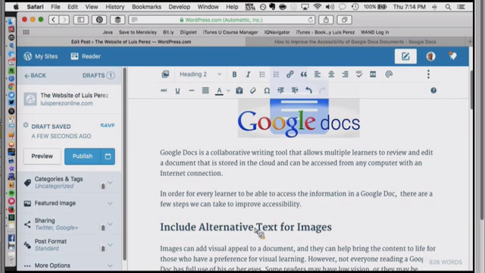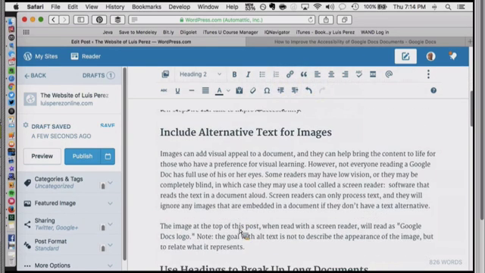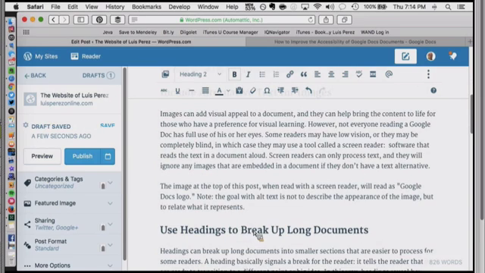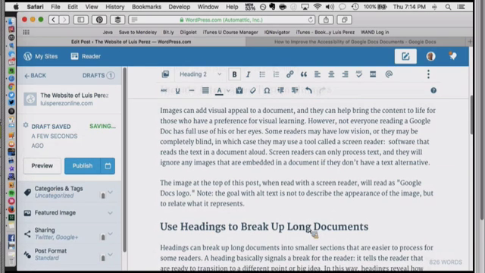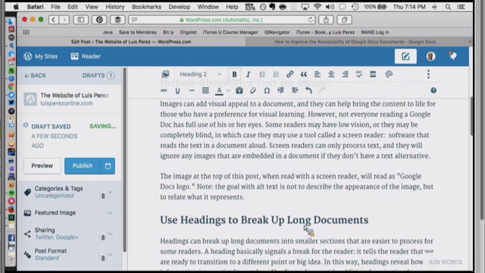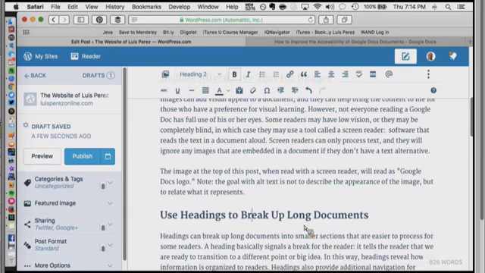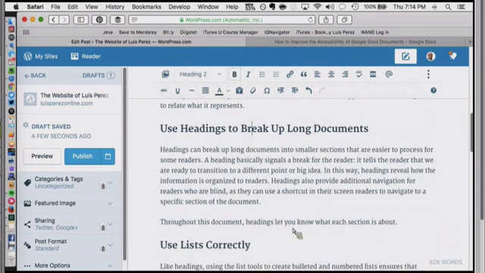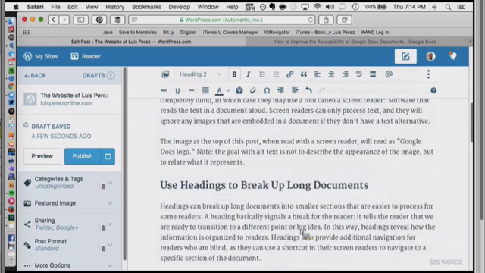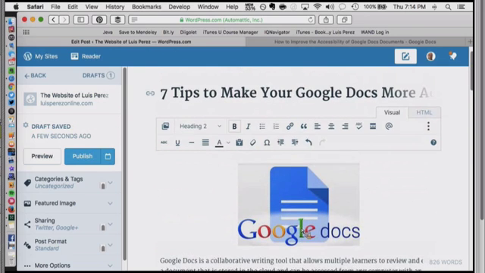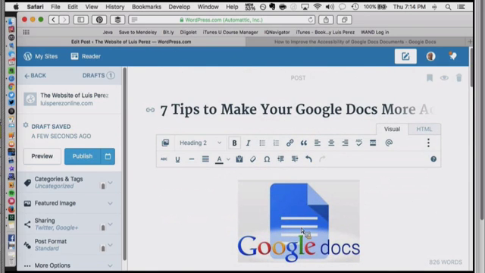Now this is a proper heading. And as I go down the page, you'll see each time that I select one of these headings, if I go to my style menu, I can confirm that it is an actual heading level 2. And we want to use these in order. So we begin with heading level 1, and we go down heading level 2 to the next level, and so on. So you're probably wondering, what happened to heading level 1?